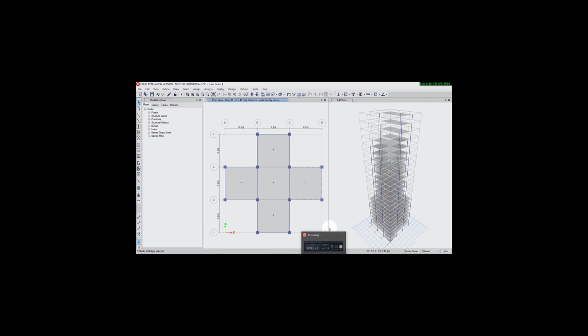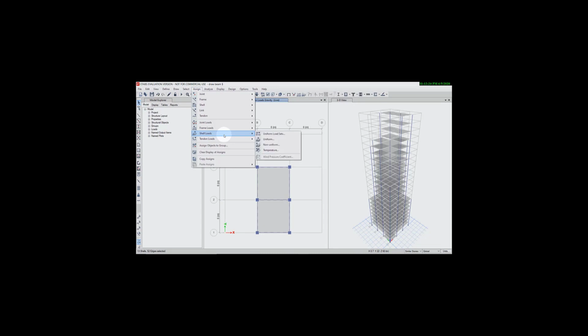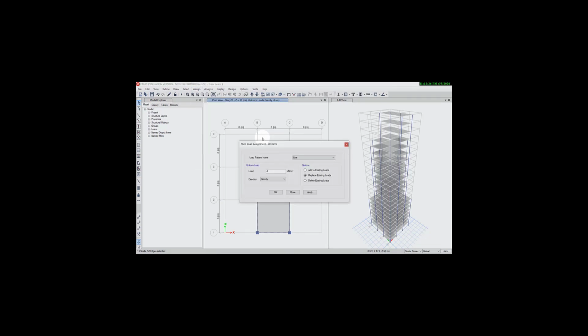Live load is 3.5 kN per meter square. Select region. Go on assign, shell load, uniform, load is 3.5 kN per meter square, apply, OK.